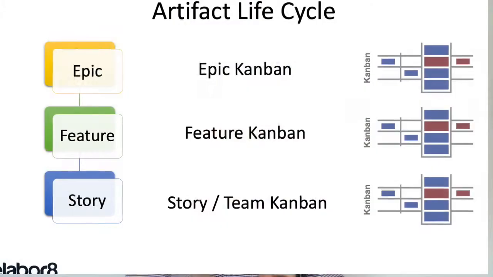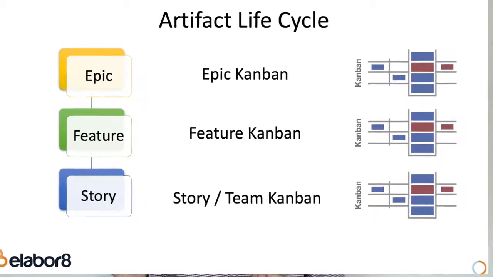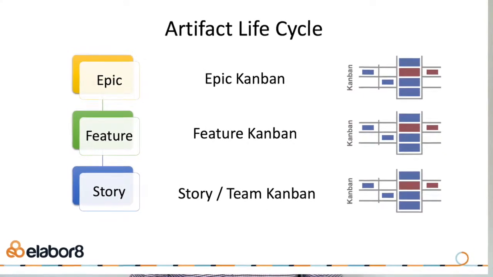So whatever that life cycle is, the point is it needs to be captured on a Kanban board. So for example, if it was a story life cycle, it's going to be a very different life cycle than an epic life cycle. So we want to display a Kanban for each of the 3 levels. And of course, each of the key states in that life cycle get displayed as a column on that Kanban board. So hopefully you can see that thinking about our artifacts through those 4 different dimensions can add a lot more value and get more consistency across teams and programs in the enterprise in terms of how they use it.